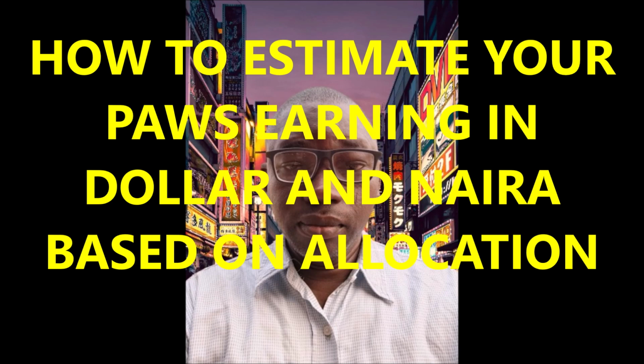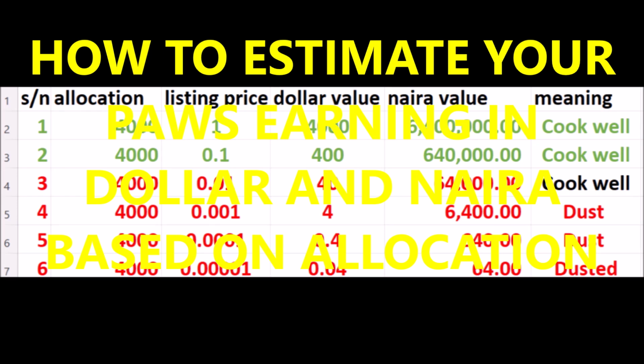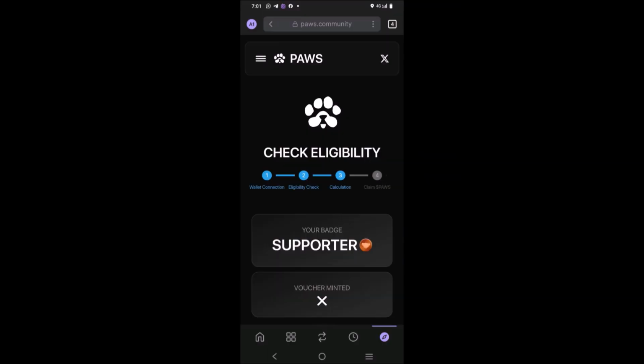Now, if the allocation you're given is still 4,000 and it lists for 0.001, that means what you are going to get in dollar value is going to be $4, which is just 6,400 naira, which is still dust for me. If the allocation you are given is 4,000 and the listing price is 0.0001, that means your dollar value is going to be $0.4, which is going to give you 640 naira in naira value, and that is very, very